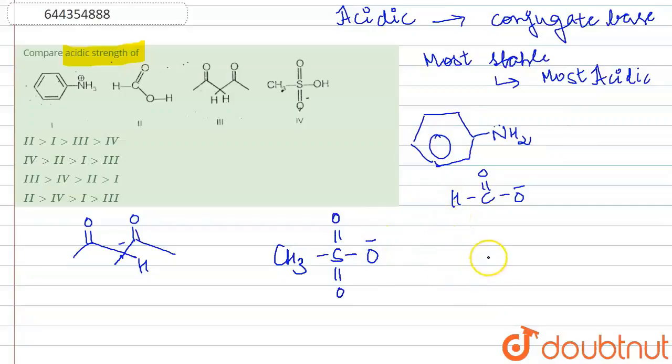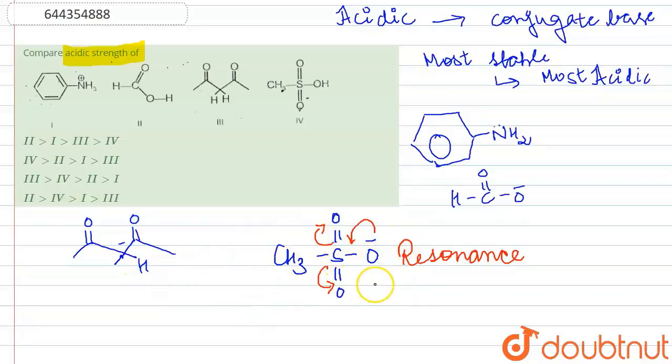Now out of the following, what we need to find out is the most stable conjugate base. Now if you look at this fourth option here, this is most stable. Why? Because here oxygen is carrying negative charge. Oxygen is already an electronegative atom carrying negative charge. So when it will undergo resonance, we can see there are 3 oxygen atoms carrying negative charge, right? And oxygen being electronegative, carrying negative charge is highly stable, right? So because of the resonance stability, this is the most stable conjugate base here, right?